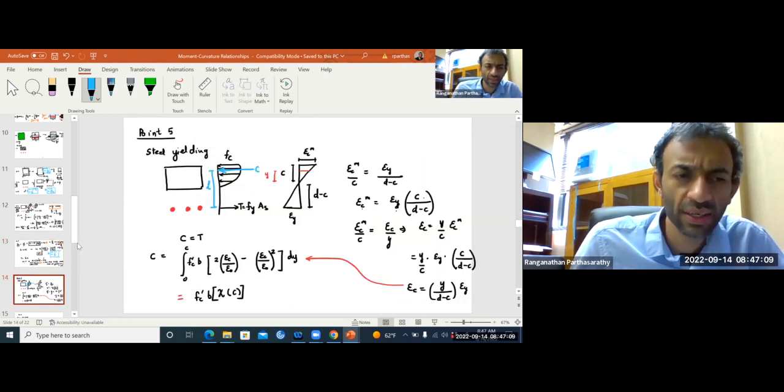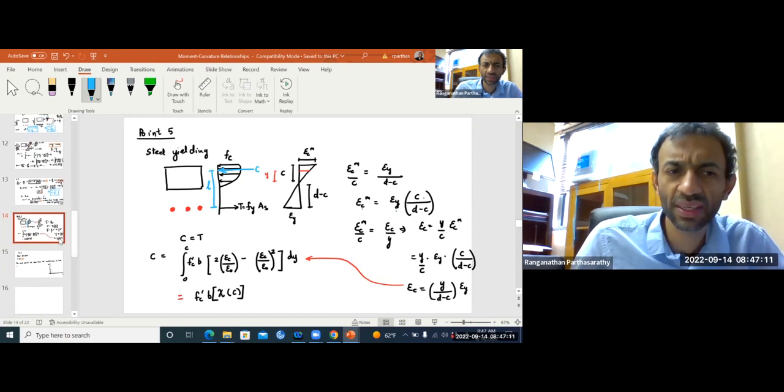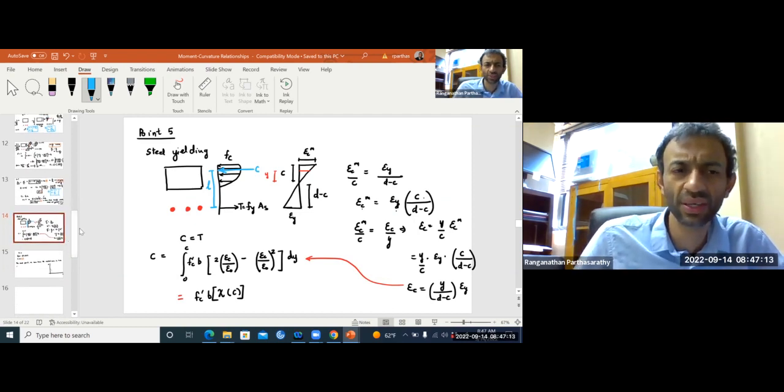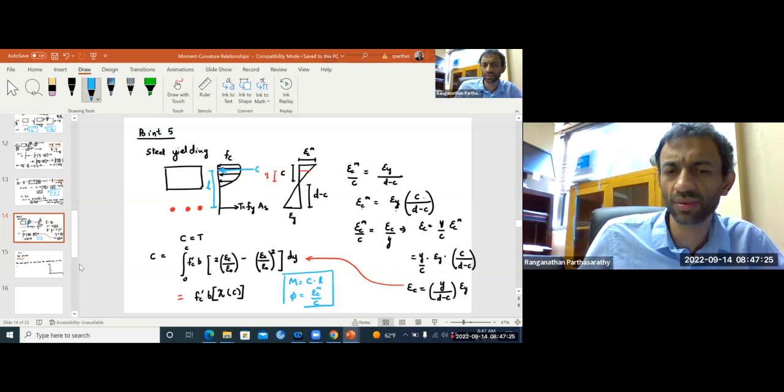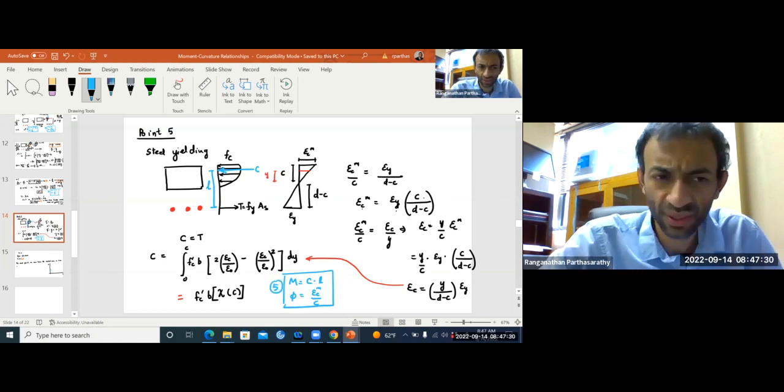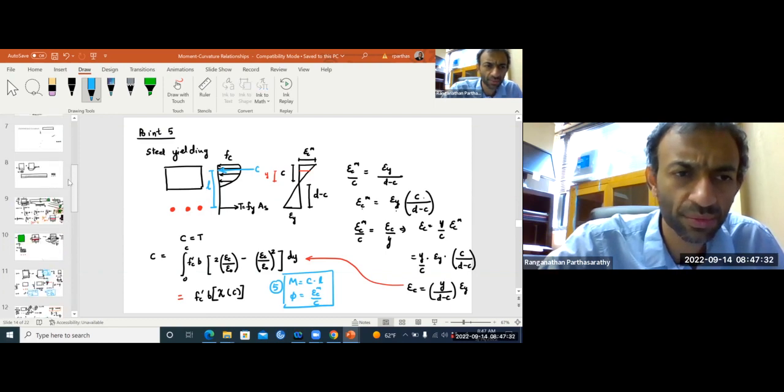Now point 5 is where the steel has yielded. You can do it in the same way. M is nothing but C or T times the lever arm, and phi is epsilon CM over C. So from point 5 onwards, what happens is,